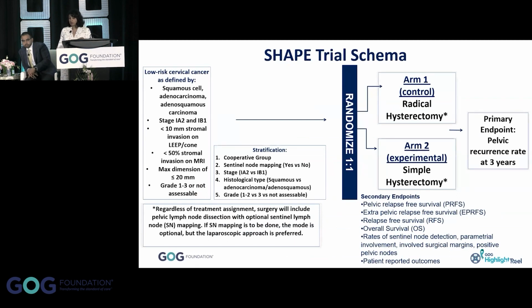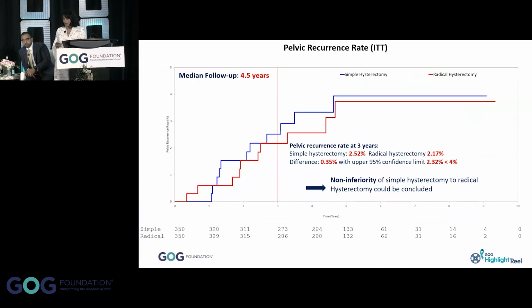And again, I think it's really important to focus on the criteria, which for low-risk cervical cancer, was defined as a 1A2 to 1B1 with less than 10 millimeters stromal invasion on a diagnostic biopsy, LEEP or cone, with less than 50% stromal invasion on MRI, and size not greater than 2 centimeters. These patients were randomized 1-to-1, radical hysterectomy or simple hysterectomy with lymph node dissection. The primary endpoint was pelvic recurrence rate at 3 years, and this trial did meet its non-inferiority cutoff, and this